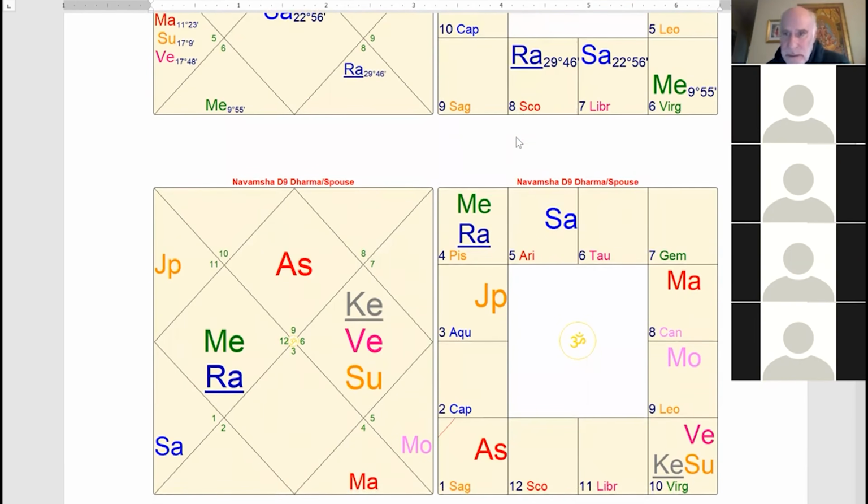Of course, at this degree, it's going to go to its debilitation sign in the Navamsha, but what is happening here? Neechbhanga Raj Yoga. Well, yes, but mostly what I want people to see is what causes the bhanga, the cancellation of the debility here. Aspect of the debilitated Venus. Good, Sandeep. So we have Venus, both debilitated.